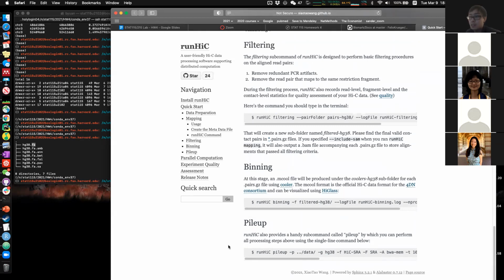Okay. Fortunately, the run HiC authors have developed this bundle function, so that you can directly call the function once and it would generate everything for you. But if you run into any issues or any bugs, you might want to go back to the previous steps to really debug step by step to see where it's going wrong. But hopefully, you can directly call it successfully, and that will generate for you